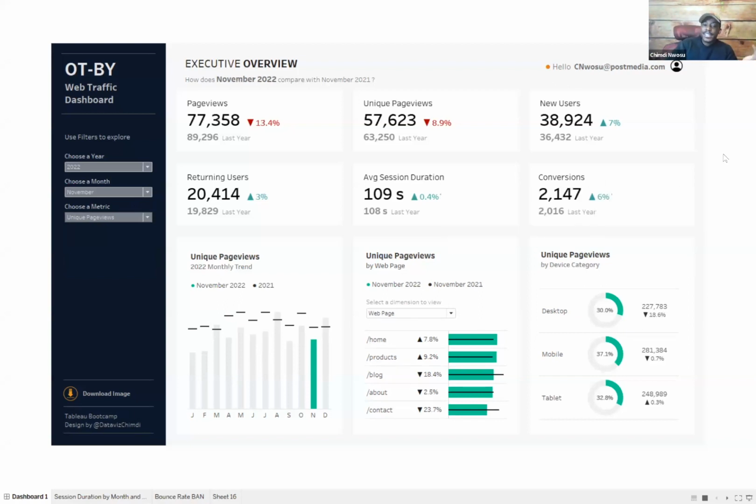So from an executive standpoint, you can even go at a higher level than this, but this is cool because we understand that these people don't have the ability or the time to put in too much effort to search for what they need. So we want to give them quick